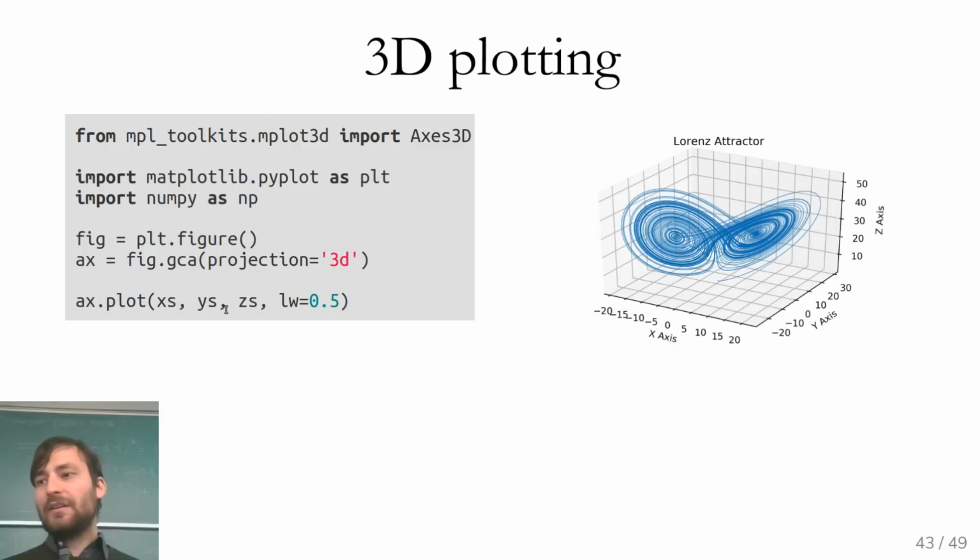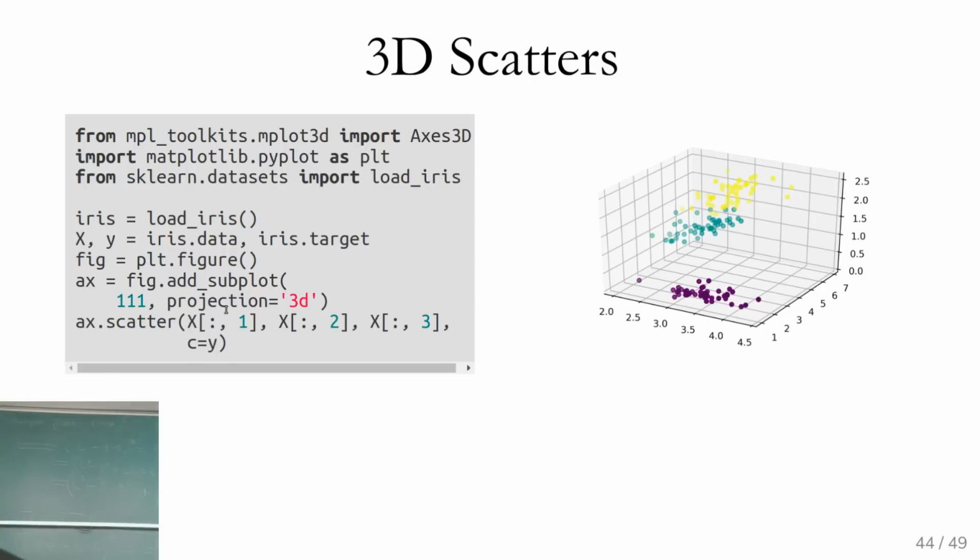And it looks so cool. The thing is, you can do this with plot and also with surface and with scatter plots. Here's a scatter plot for the iris data set. This does it slightly differently, but again, I do this import, and then I add a subplot, 111, which is like, I just have one subplot. This is an easy way to add a subplot